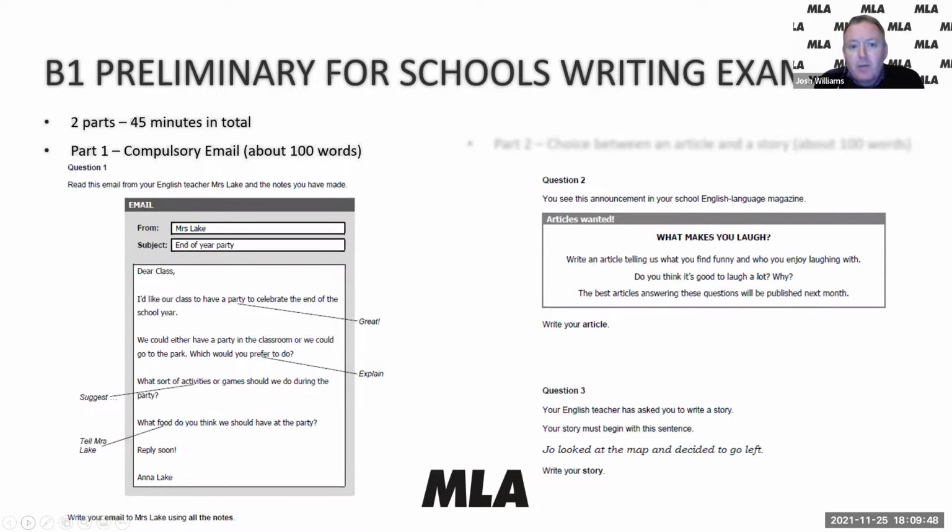Okay, but part two, and this is quite new, you have equal parts in the Cambridge Preliminary. This is an updated thing recently. In part two, you have a choice between an article and a story, about 100 words. So they're of equal weight, and you have to do both part one and part two